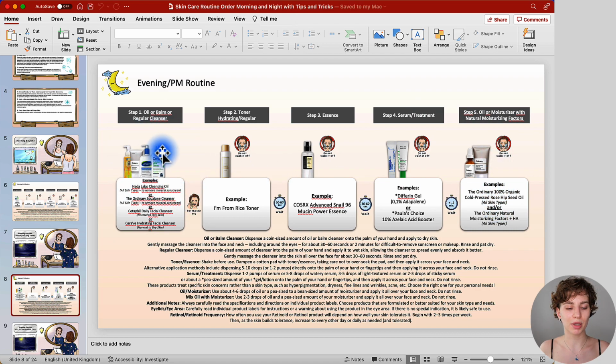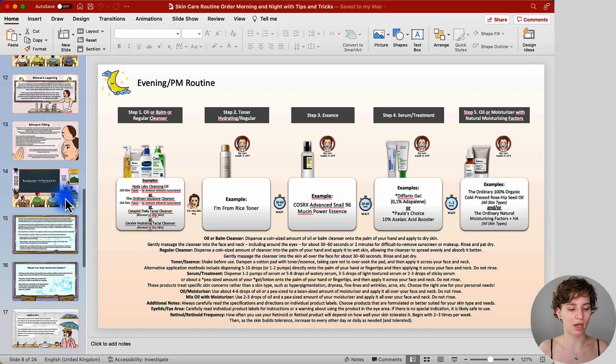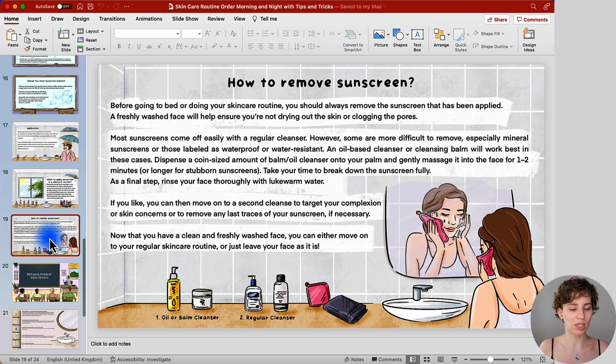So with the cleansing step, if you should just have worn a chemical sunscreen and or light makeup, using your regular cleanser should be more than enough to properly wash your face and get everything off. However, if you should have worn a mineral sunscreen or more heavy makeup, pigmented, waterproof makeup, well then go ahead and use an oil or balm cleanser, either on its own or you may want to do a double cleanse. And when it comes to the double cleanse, I have a guide for you right here under sunscreen information so that you know how you can do the double cleanse properly if you want to do so. Otherwise, just use one of them if it is able to properly take everything off the skin.